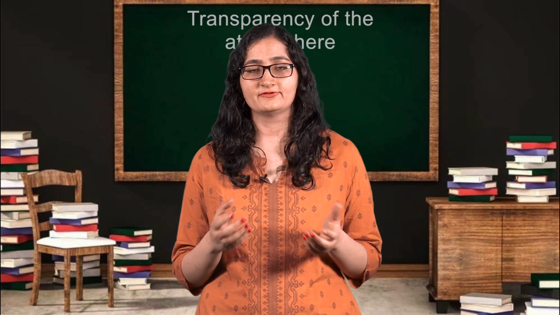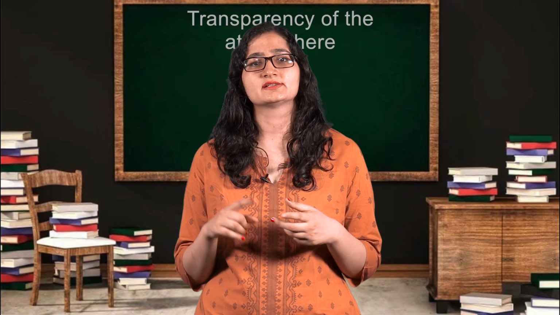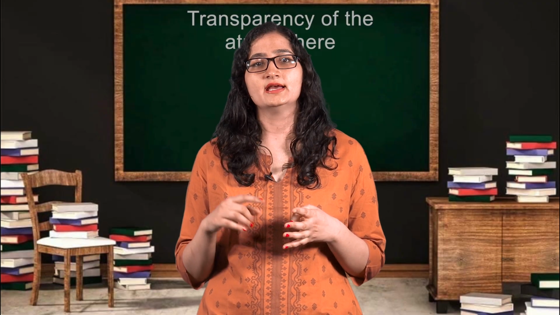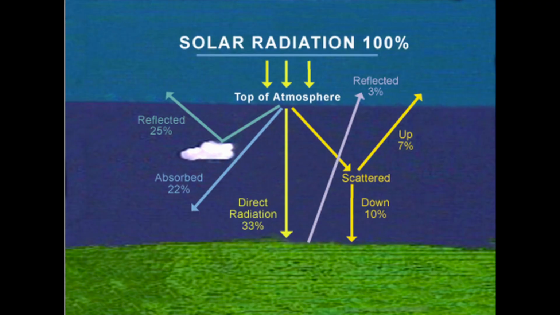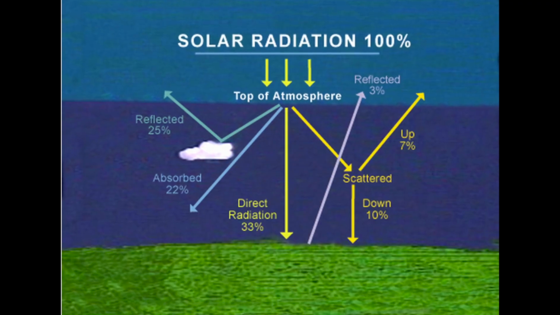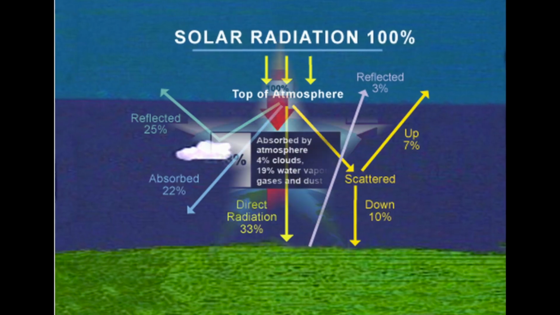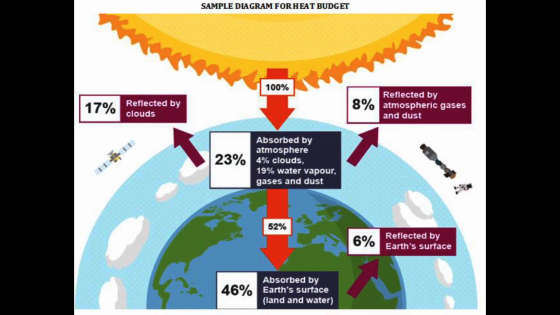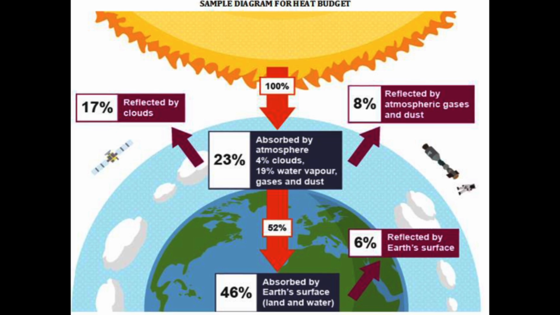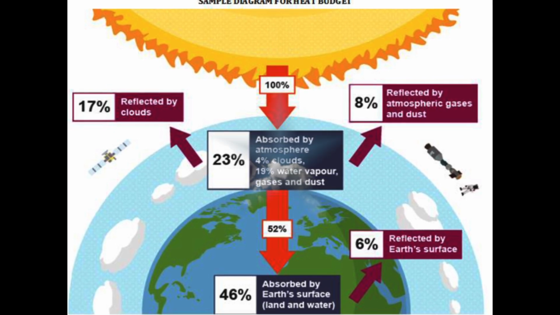The fifth factor being the transparency of the atmosphere. Transparency of the atmosphere is an important control on the amount of insolation which reaches the Earth's surface. Reflection from the dust, salt, smoke particles in the air is an important mechanism for returning shortwave solar radiation to space. Similarly, reflection from cloud tops also depletes the amount of solar radiation that would otherwise be available to the Earth. The effect of certain gases, water vapor and the dust particles on reflection, scattering and absorption is well known.